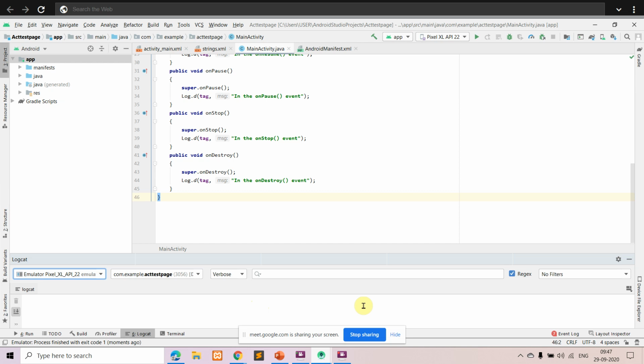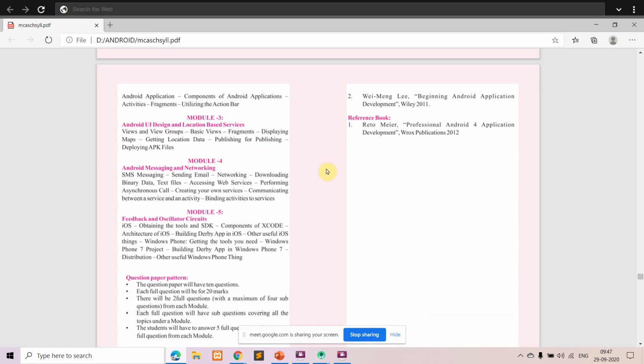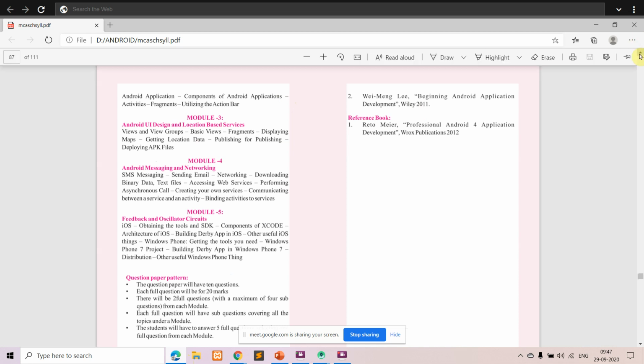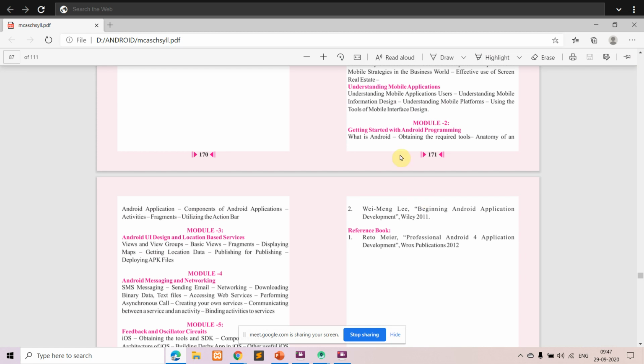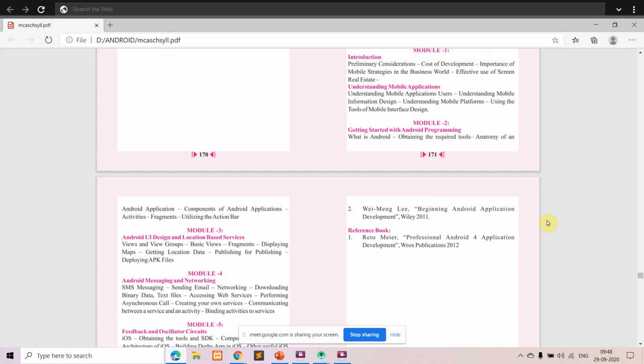So that action bar is the last topic in your syllabus. So with that, we are done with the second module of your syllabus. It's a small topic wherein we just saw about the features of Android, then what are the required tools. So in your syllabus, they are saying that we are using Eclipse to develop Android applications, but in the lab, we'll do it in Android Studio.